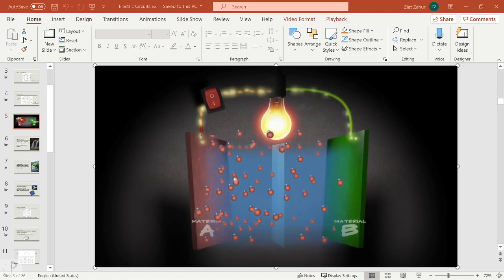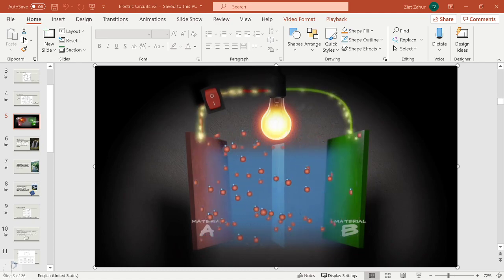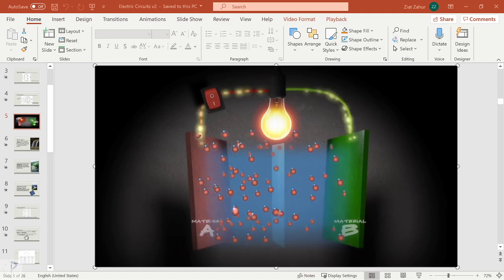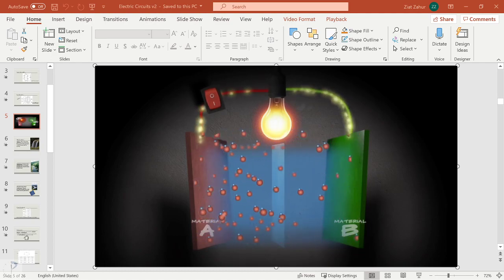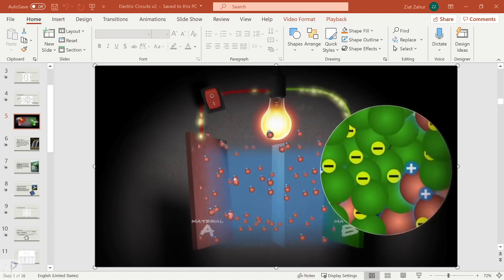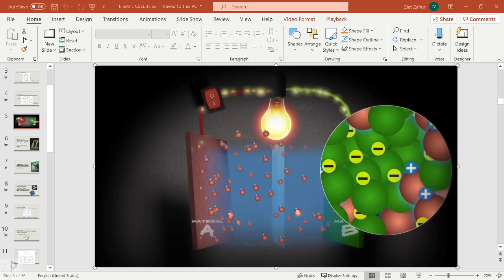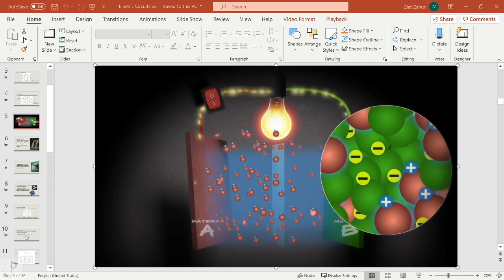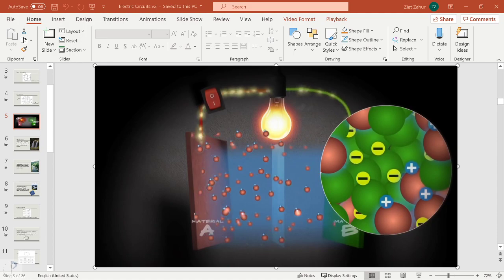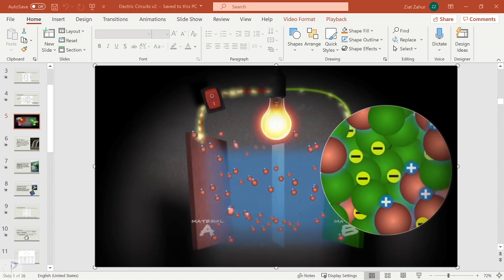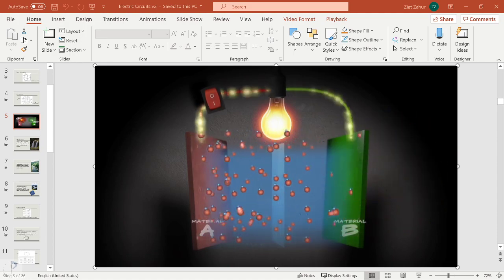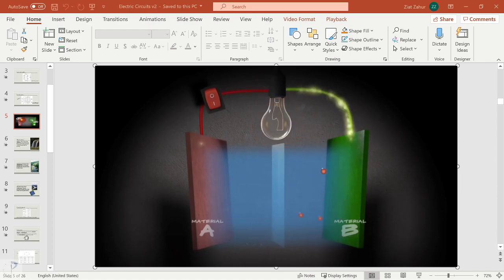You'd think that these ions would just meet up with their lost electrons and become neutral atoms again. But unfortunately, the electrons are way happier where they are now, so the ions have no choice but to kind of mingle with the atoms of material B. So what we've got is kind of a mishmash with B atoms mingled with A ions. As the battery discharges, electrons and ions are making their way from A to B. When you can't fit any more material A ions into material B, the battery is fully discharged.